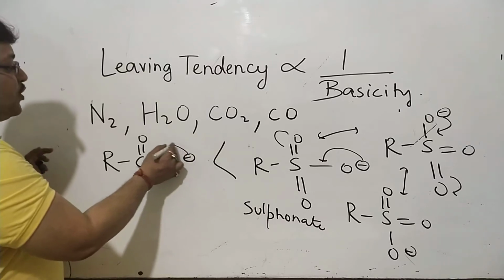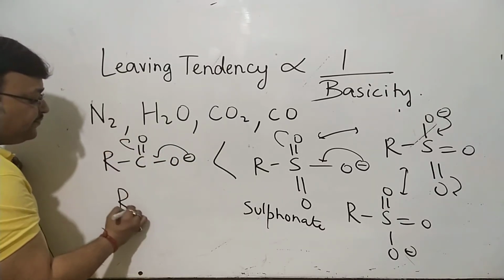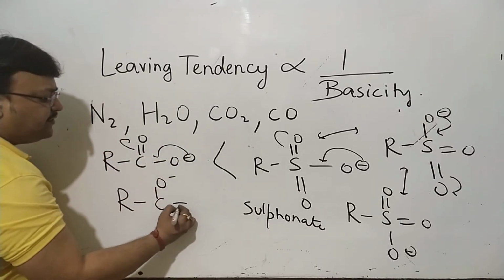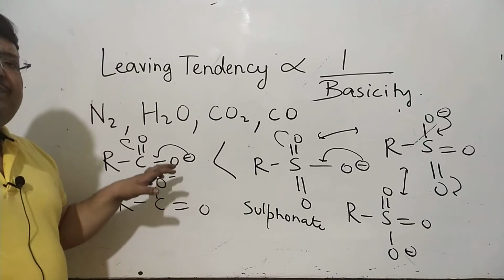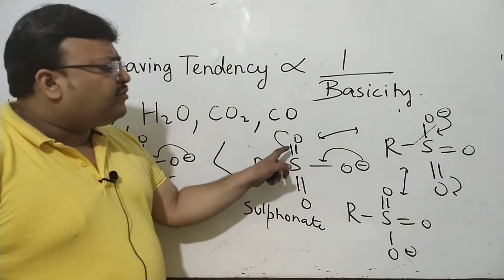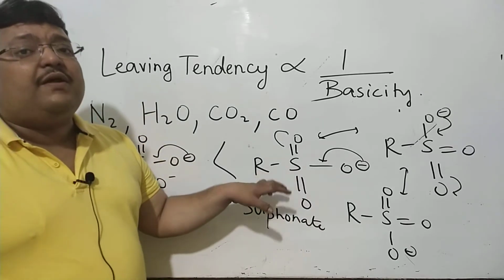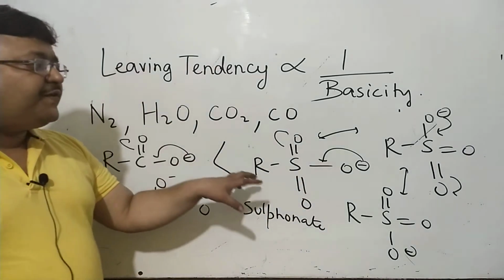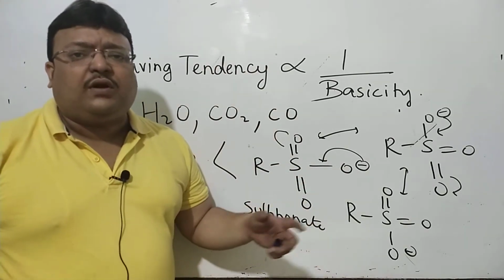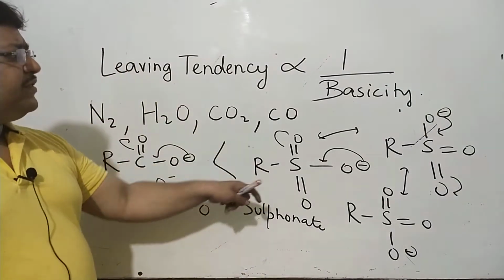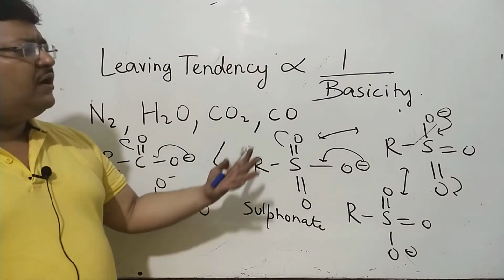Carboxylates are good leaving groups because they're stabilized by equivalent resonance. It's equivalent resonance which is stabilizing it. You can talk about the corresponding acid being acidic. RSO3H will be more acidic. Sulfonate will be a weaker base and a good leaving group. So if it's stable, it's a good leaving group. You know about some neutral compounds, very stable and good leaving groups.